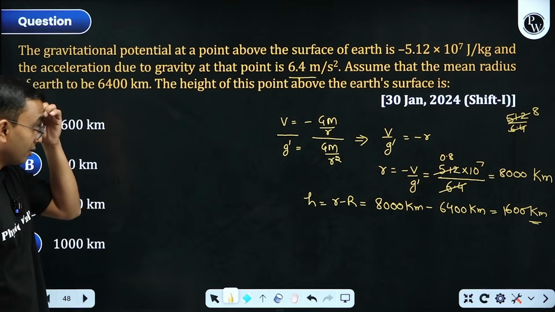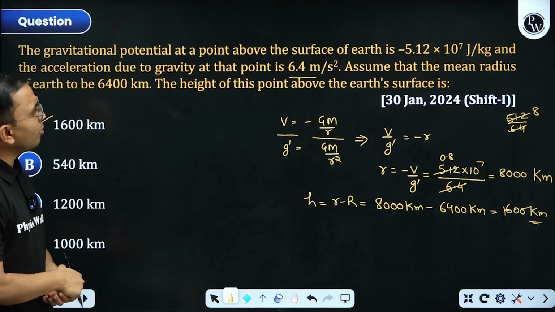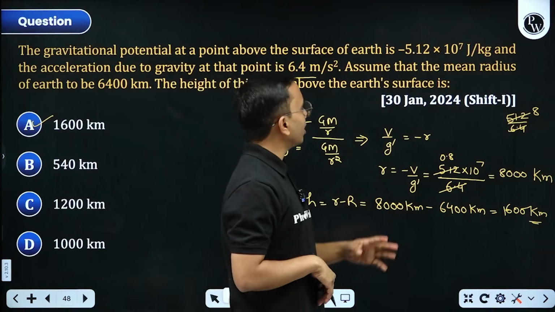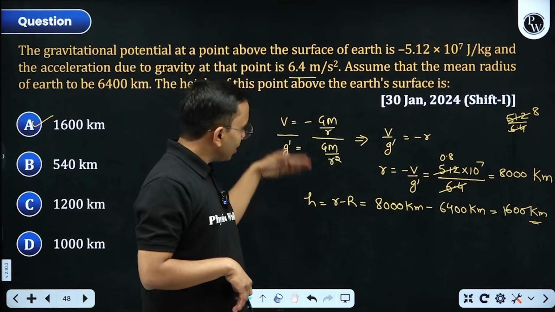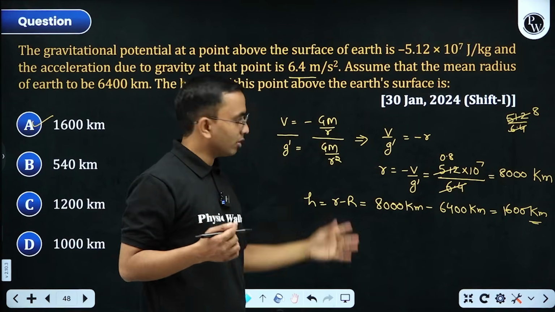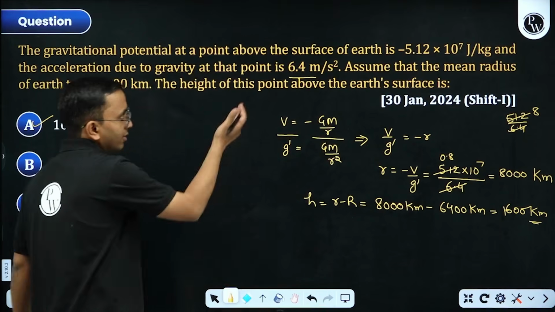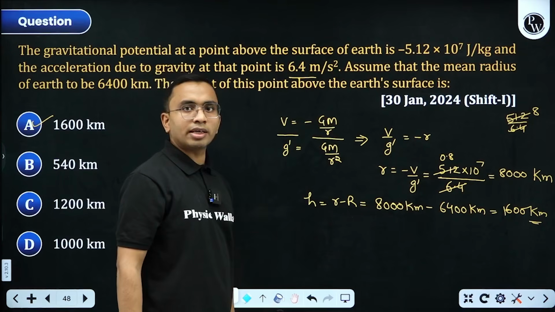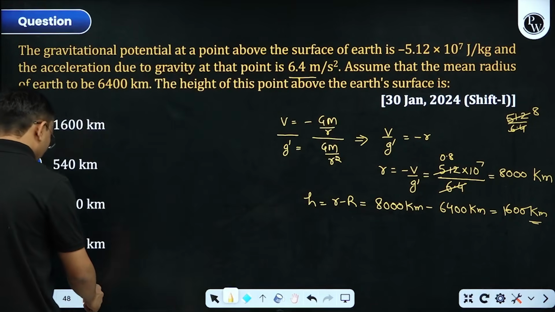This clear? Now, if potential is given above the surface, from one data only I can find r. Even if g is given above the surface, from one data only I can find it. But in this question, they give both of them. Why so? So that you need not do much calculation. You can just divide them and you'll get r directly. Otherwise, this is extra data. I know this formula, here only I can find r and from there only I can get g. But for that I need to put the value of M and G both. So that will take time to do calculations.